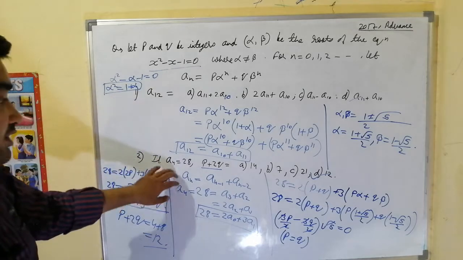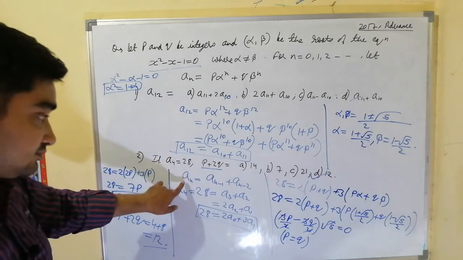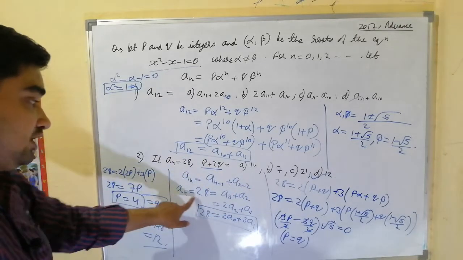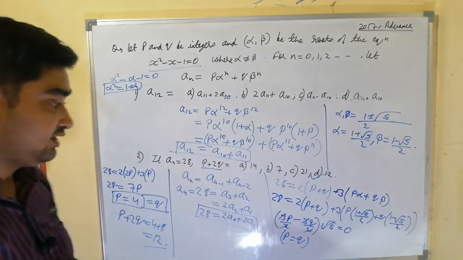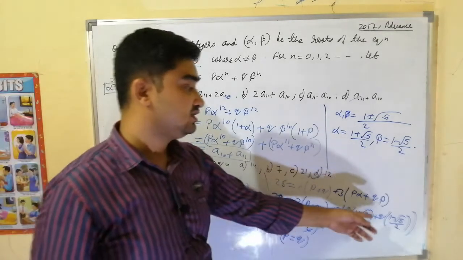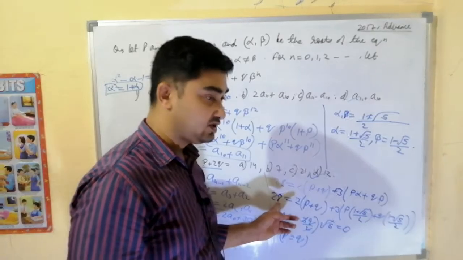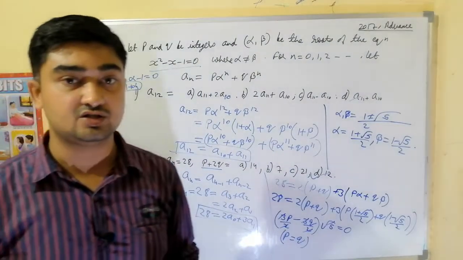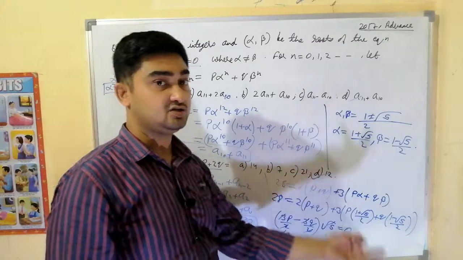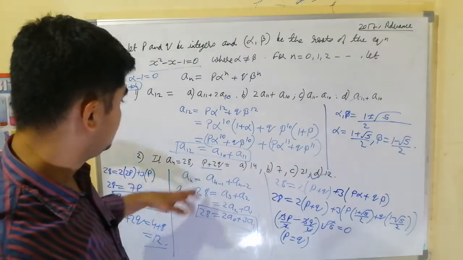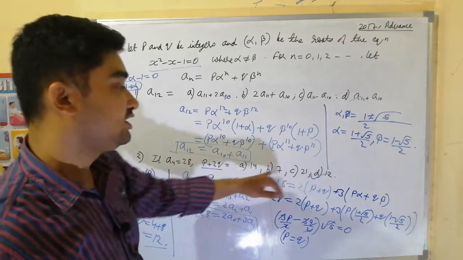Now that concept we are using for the next problem, that An is equal to An minus 1 plus An minus 2. So A4 we reduced in terms of A0 and A1, then put the values. Another important concept is, if there is no irrational part in the left hand side, then the right hand side should also not have any irrational part. If there is any irrational part, that should be 0, then only both can be equal. So using this we got the answer P plus 2Q as 12.